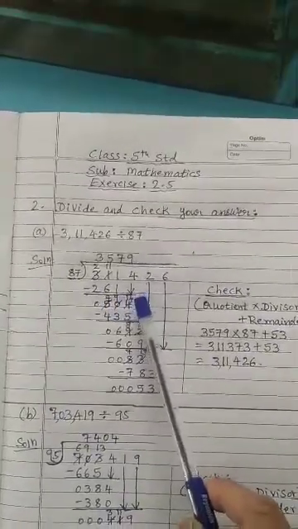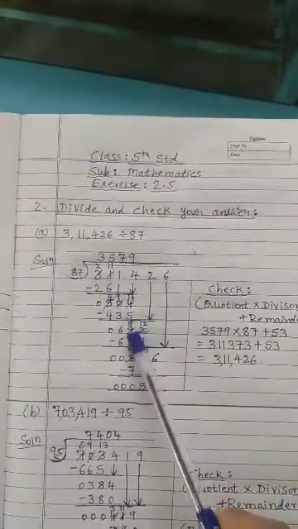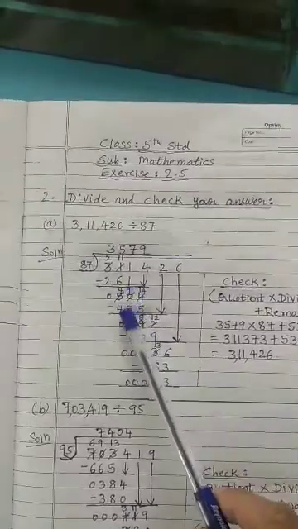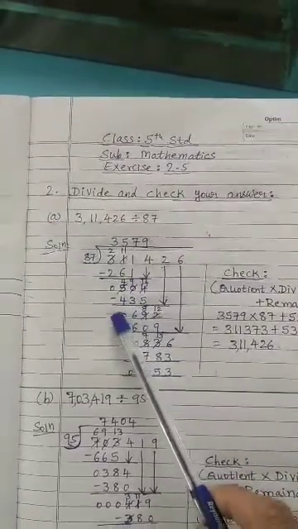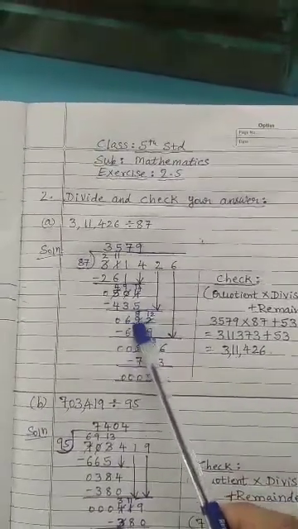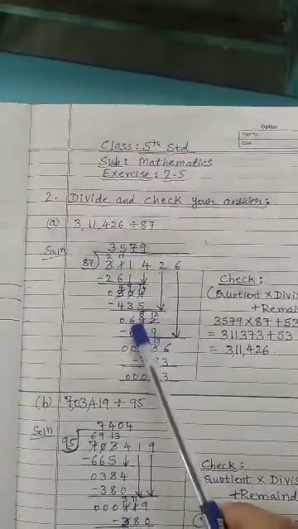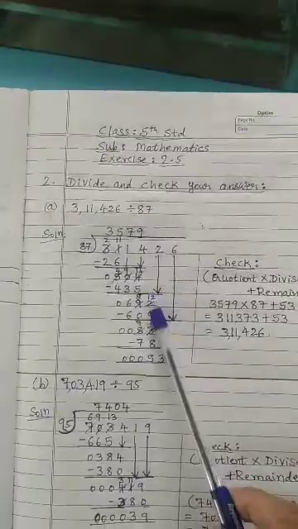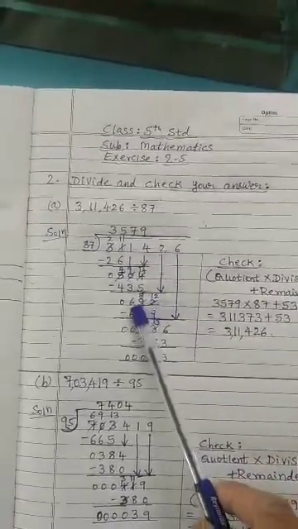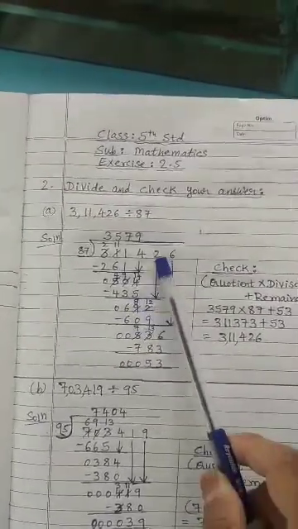Now 14 minus 5 is 9. Next here 9 is there. 9 minus 3 is 6. And 4 minus 4 is 0. This is 0. You can write it or not, whatever you do. So now it is 69. Again, 69 you cannot divide by 87. So what do you have to do? The next digit is 2. Bring down 2 here. See, I have shown it with an arrow mark. Instead of 69, now it is 692 because this 2 has come here.